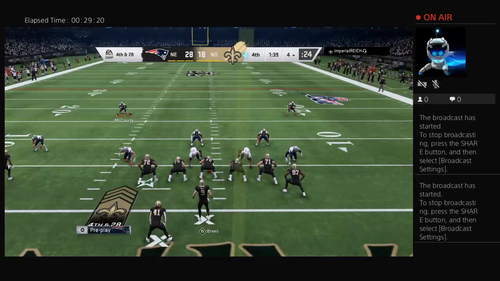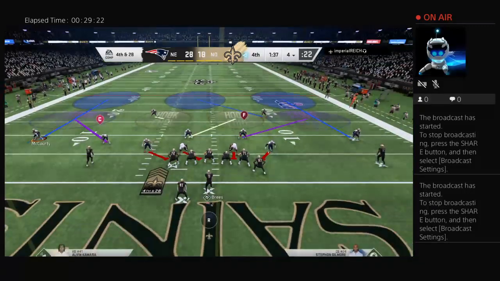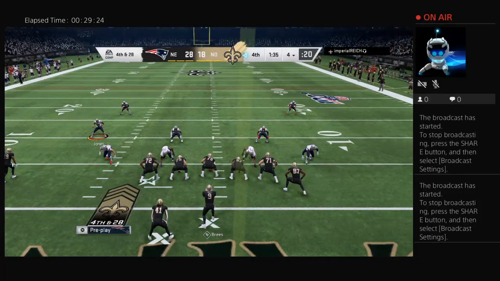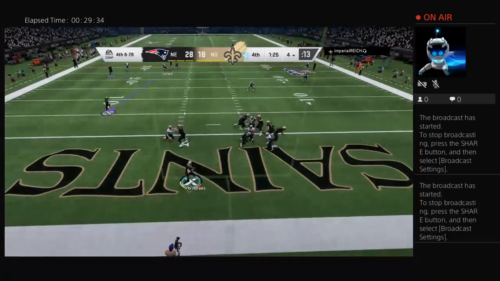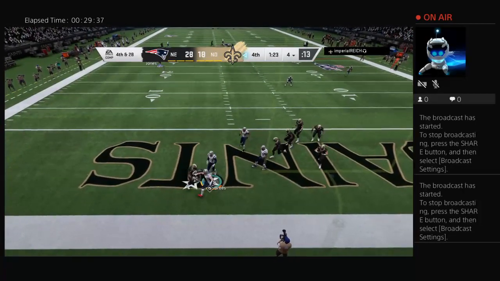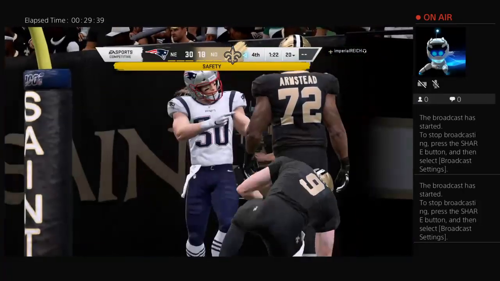All right, they're going to try and keep hope alive here on 4th down. They're going for it. They'll go for it. It's Brees. And he is going to go down for the 5th